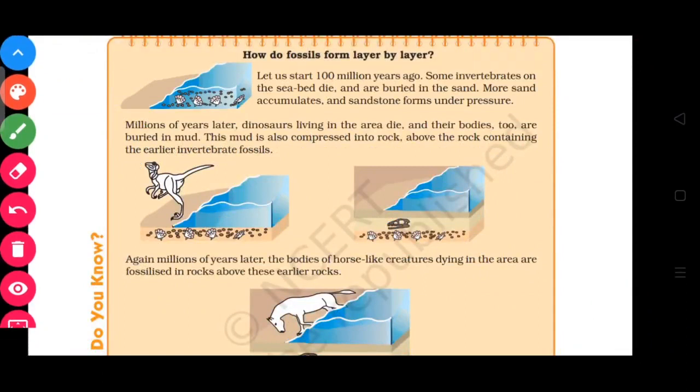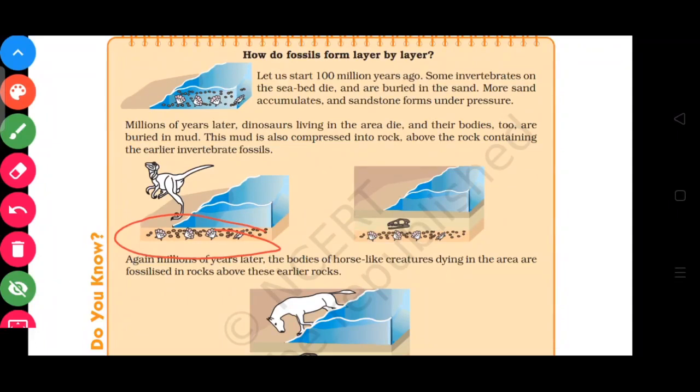Okay, how do fossils form layer by layer? Let us consider 100 million years ago there was a place in which there were some sea organisms. Now the sea organisms died, and the sand of that place preserved their body and became sandstone over the course of time, and then they became fossils like this. Then millions of years later,